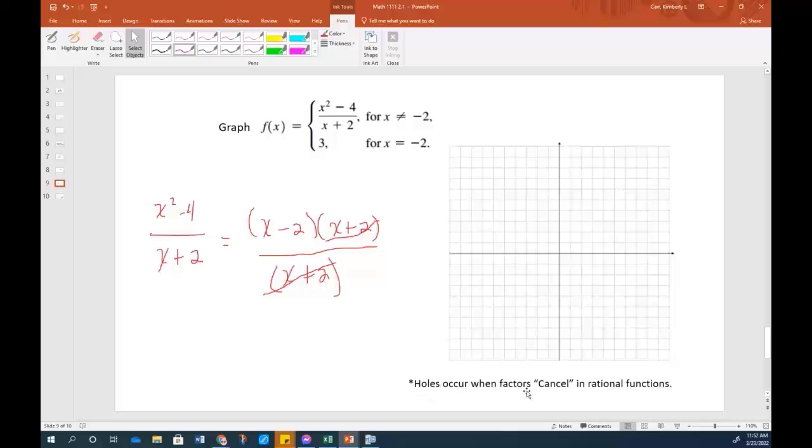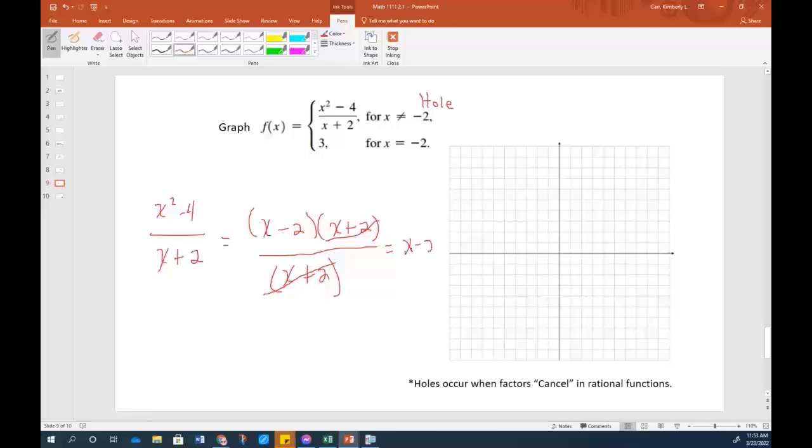The hole occurs when a factor cancels. So I know x cannot equal -2, but the fact that those canceled actually tells me something extra about it. I know that this value is a hole. Where does that hole occur? Now that it's canceled,